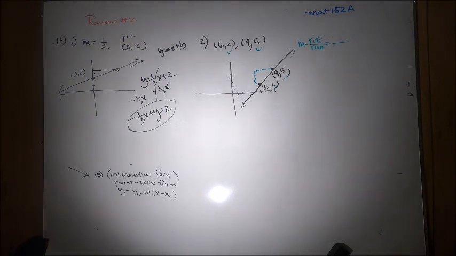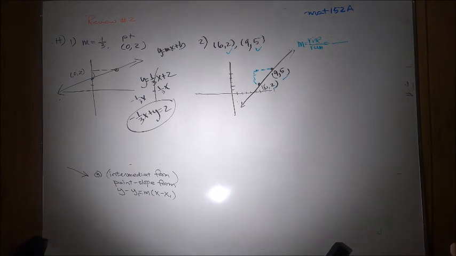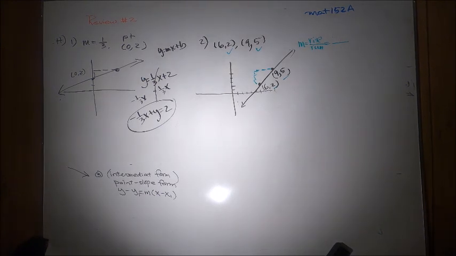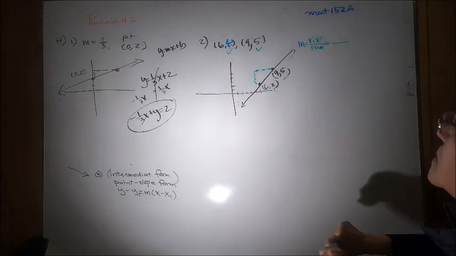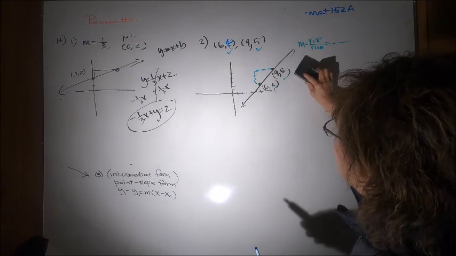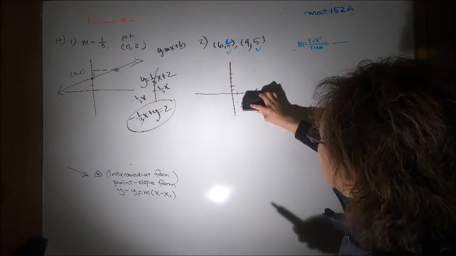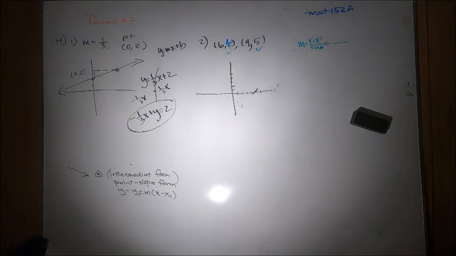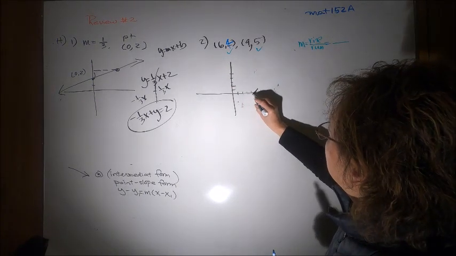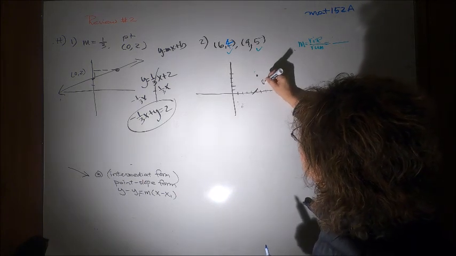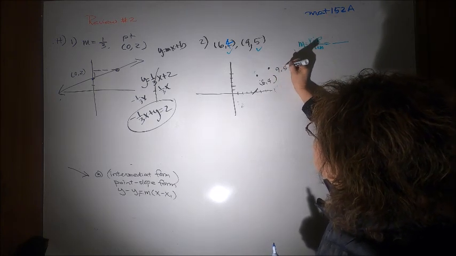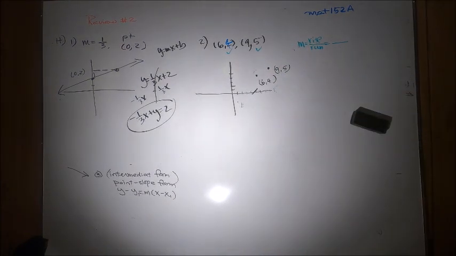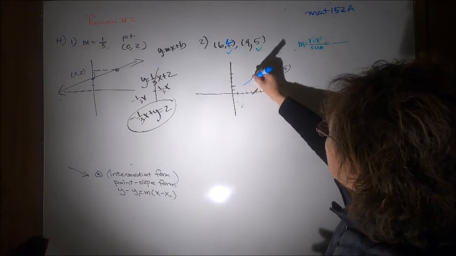Oops. Let's start over. Okay, because it's not (6, 2), it's what? On your paper it would be (6, 4). I just double checked. Okay, so (6, 4) would be where? Not here anymore. Let's start over to make sure. Okay, 1, 2, 3, 4, 5, 6. (6, 4) is here. Okay, another one is what? (9, 5) is here. Okay, so your line would be what? Like this,